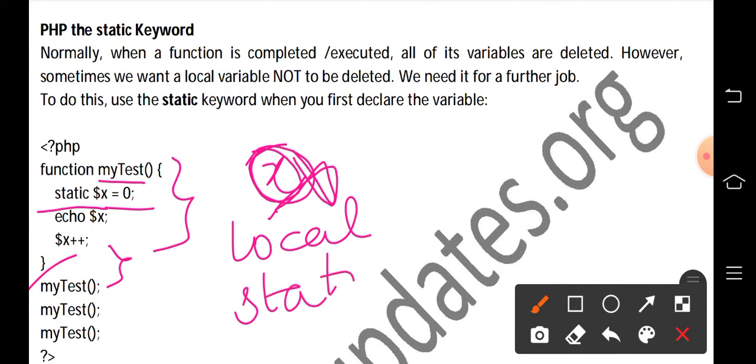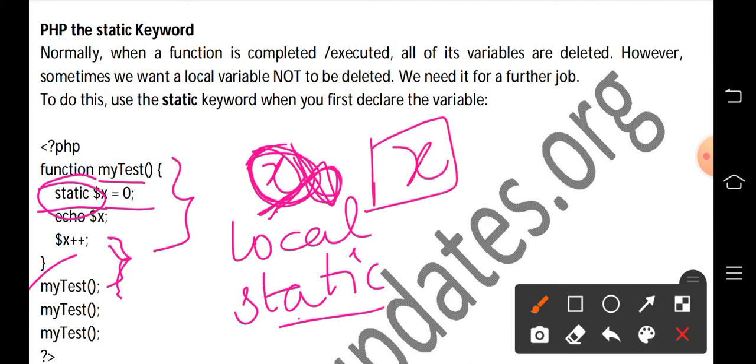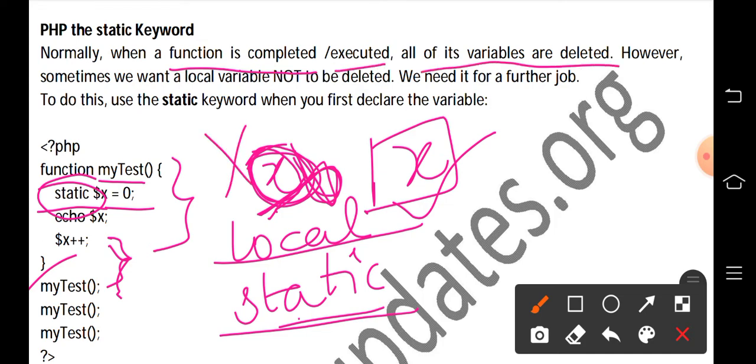If the variable is declared as local, it will be destroyed when the function is closed. But if the variable is declared as static, then the variable will not be destroyed and it remains in the memory location for further processing. That is the only difference between a local variable and a static variable. Normally, when a function is executed, all of its variables are deleted.